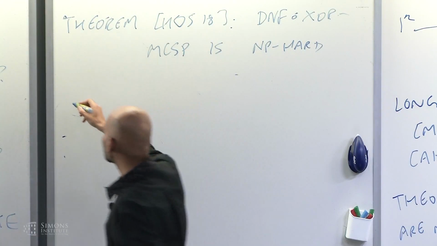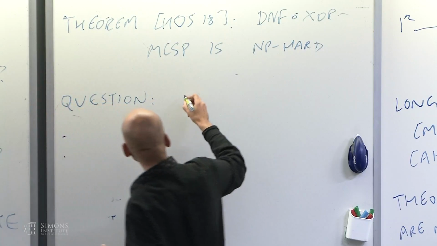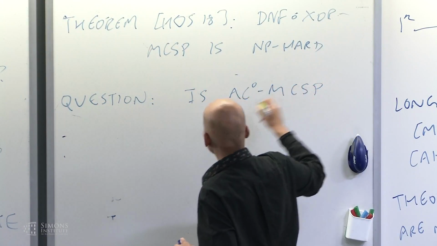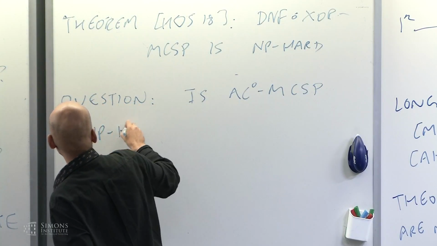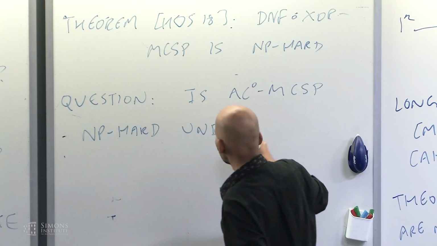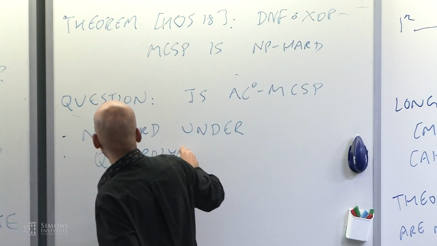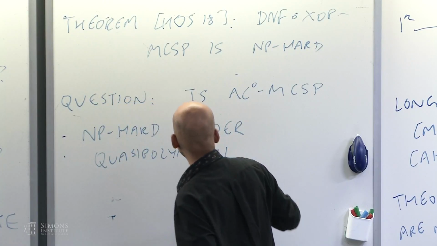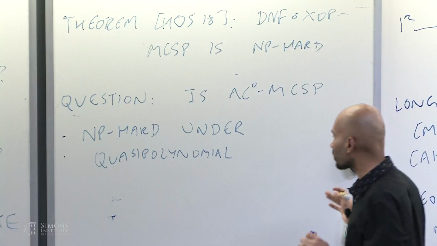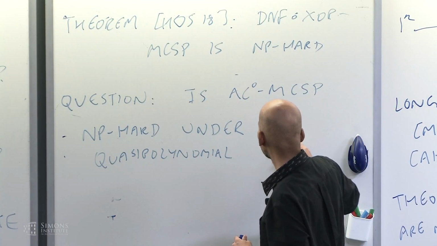So one question is, what about AC0 circuits, right? And let's give some flexibility with the notion of reductions. So let's say quasi-polynomial time reductions, because we don't yet know how to show explicit functions that have purely exponential size AC0 circuit lower bounds, only sub-exponential. So let's allow the reduction to be a bit weaker, so quasi-polynomial time reductions.